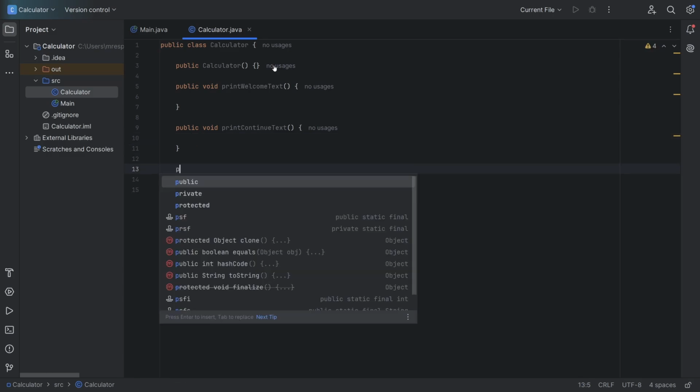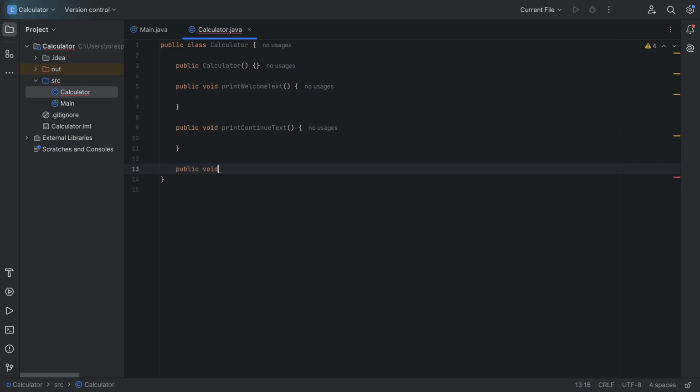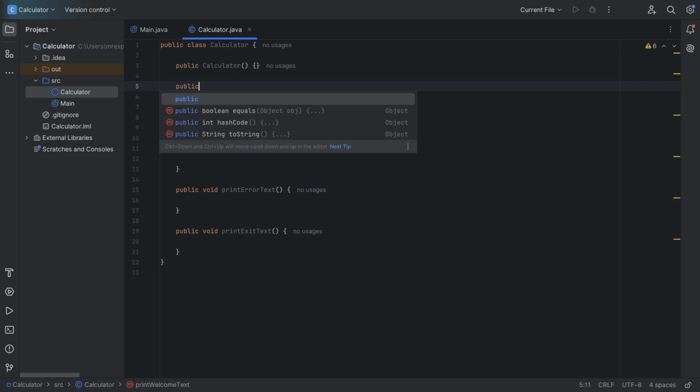And then let's do public void print error text here, and then I might accept a parameter there later. Not totally sure. And then let's do one more where we print exit text. So that should be good enough for all of our prints. So I'm going to put those on the bottom. But we also need to